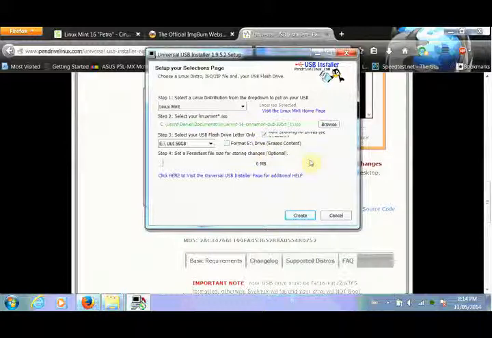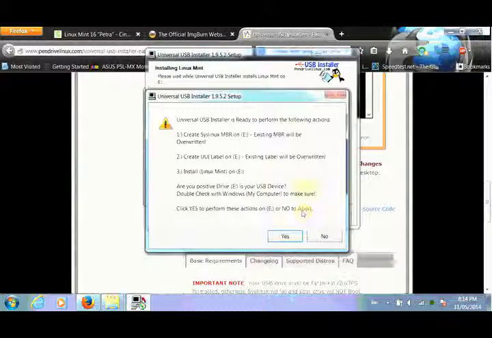But I highly recommend that you back up your data. You don't have to get it all off your USB drive, but back it up onto your computer before you proceed. Now I'm going to do it anyway because I've done this multiple times, and I'm pretty sure that it's not going to delete everything off my USB drive. But I highly recommend that you back it up. It may take a little extra time, but it's worth it, especially if you got some important documents on your USB drive. Anyway, after you've backed up your USB drive, you can hit create down here,